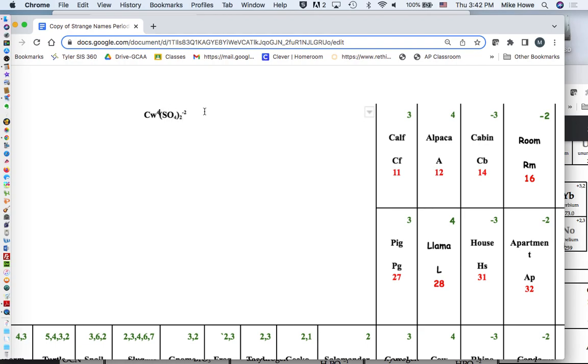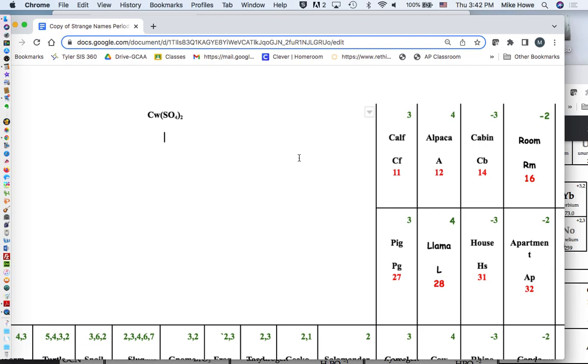All right, so I'm taking the charges out. That was +4. That was -2. We need 2 2's to match the 4. So 2 times -2 equals -4, which matches to +4. Now we need to find the formula mass. And the way we do that